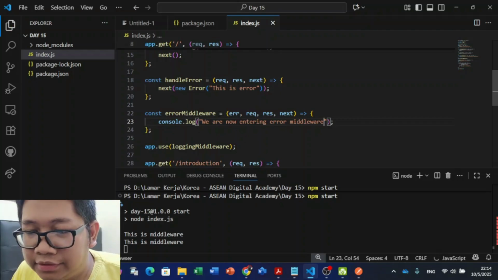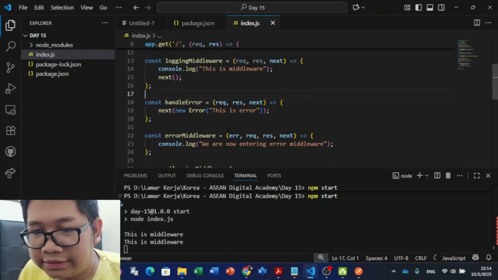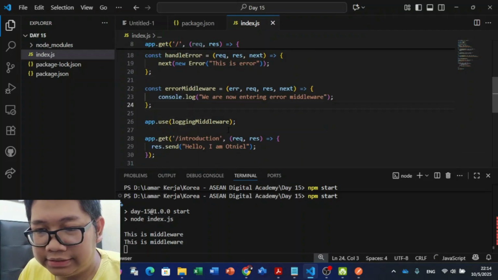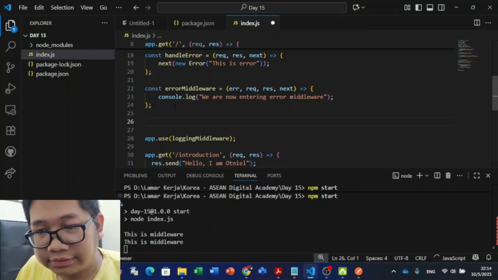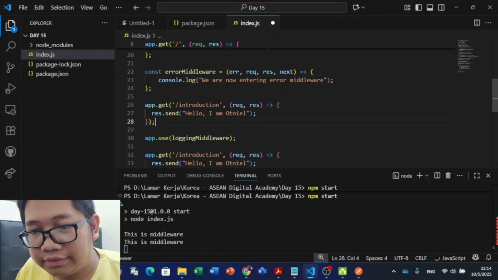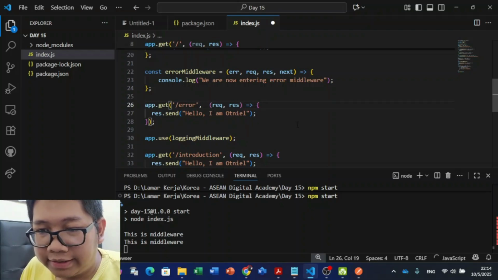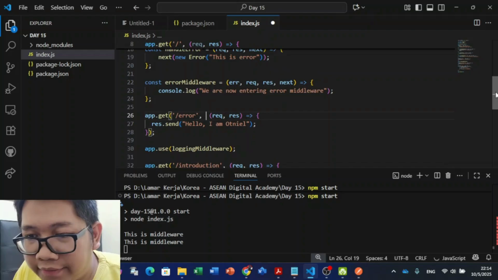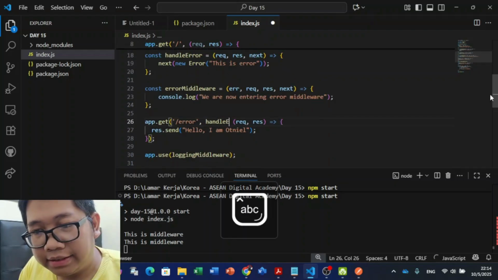So to call it, we can use it first with this, like this, I think. And then we need to specify it with the name handle error first.